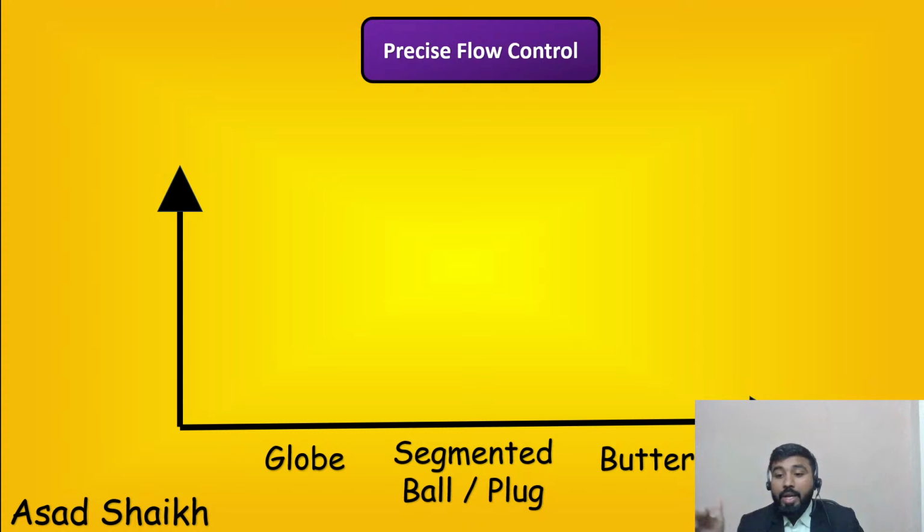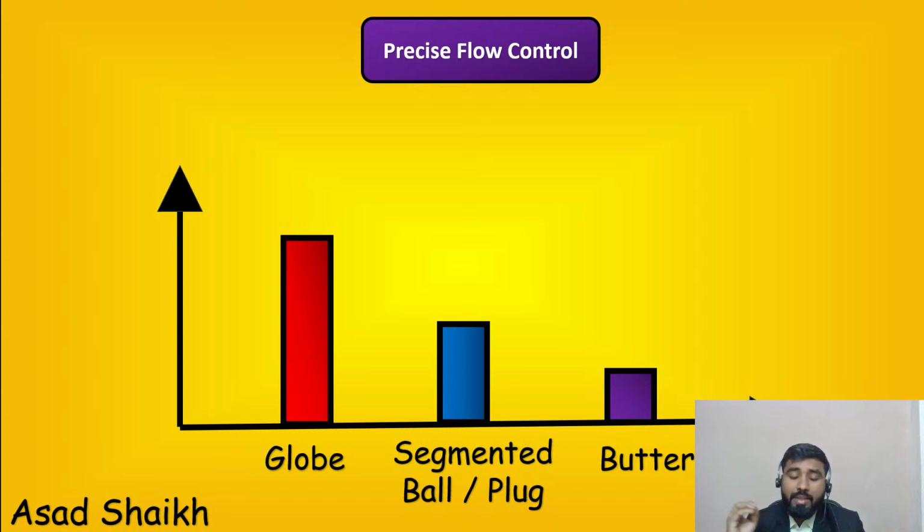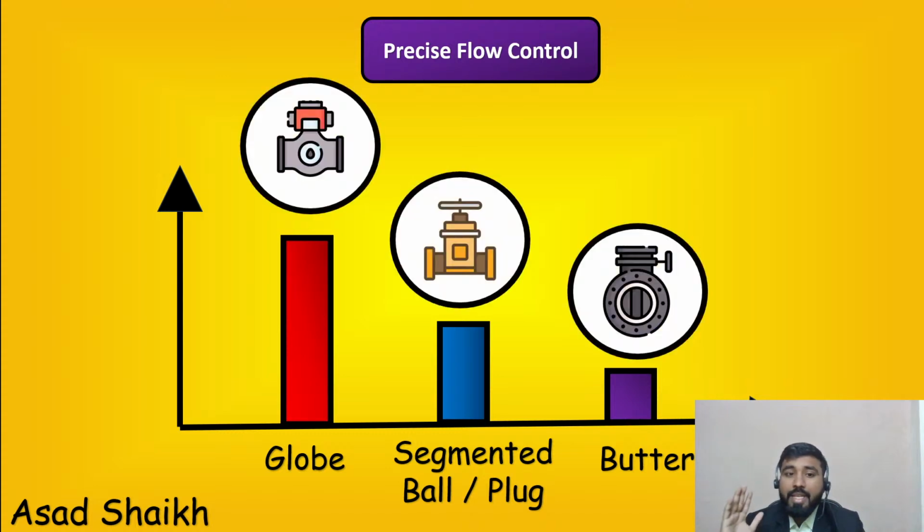I think this point is very clear with almost everybody, so let us go quickly on this point. Globe is definitely the winner. You go to any control valve manufacturer, you read any reference book, any standard, the globe valve definitely wins here. They have very precise control. So if you are handling petroleum products, you should first go for a globe valve regardless of the cost if you want precise flow control especially.